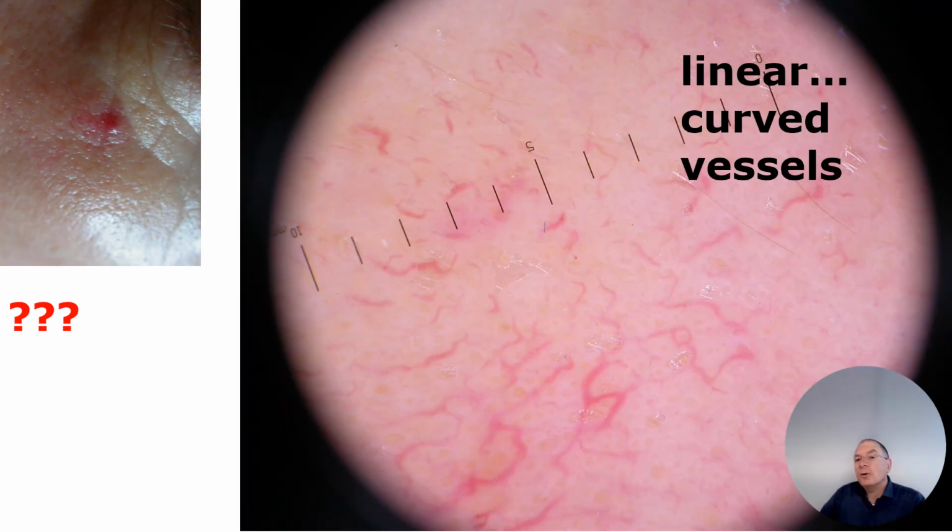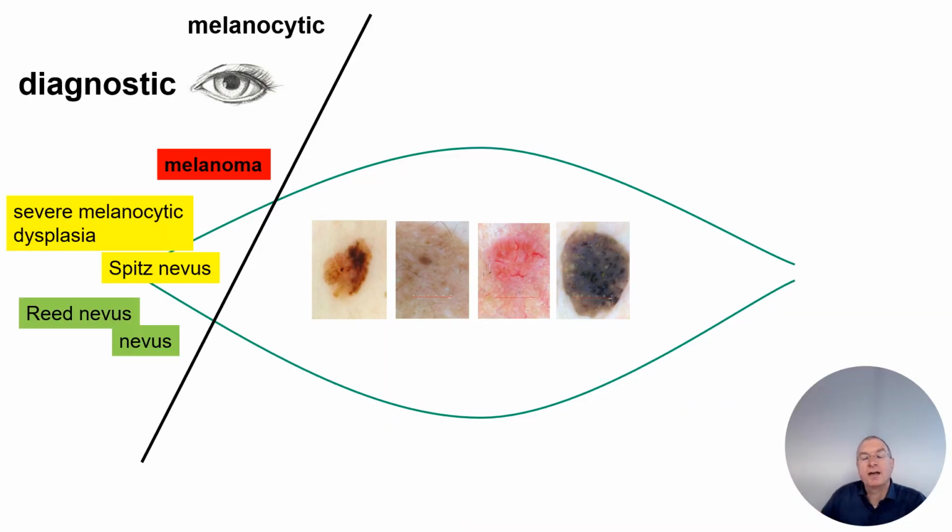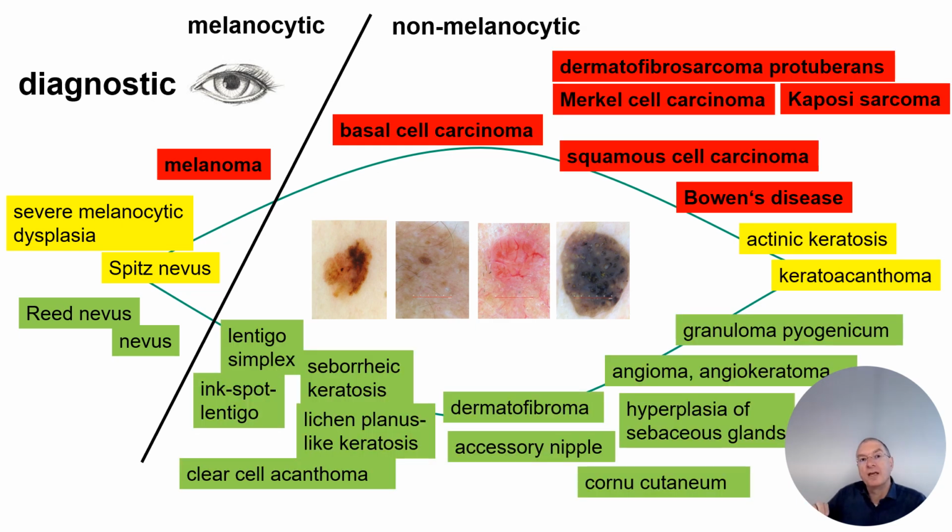So when we press too hard, remember this, as I said in the beginning, we see nothing really helpful for us, but when we reduce the pressure, then we see here the typical vessels of this spider nevus. It is not a true nevus, but this is the name, spider nevus. That means presence of vessels which are absolutely benign. So this is the video on vessels in melanocytic lesions, but we have a huge universe of other lesions,